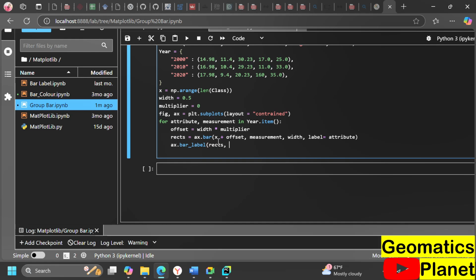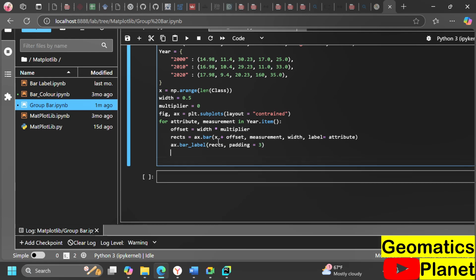And then labeling with the rectangle, we can also do the padding, which is what it is going to pad it with. So let's make it 3, because each of them, like year 1, this is 2000, 2010, and 2020, each of them has three values. So in that way, we can also put other things we want to put, like how you want to label it. But in this way, it means that at this point, which we have done this labeling, we can also try